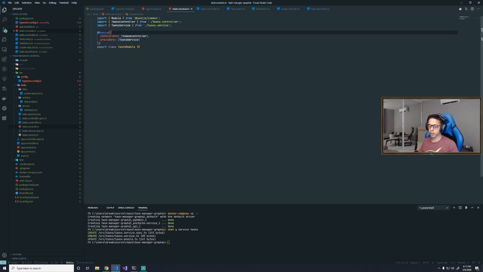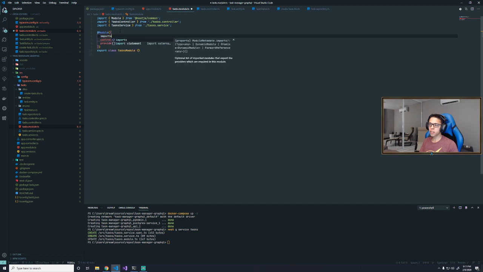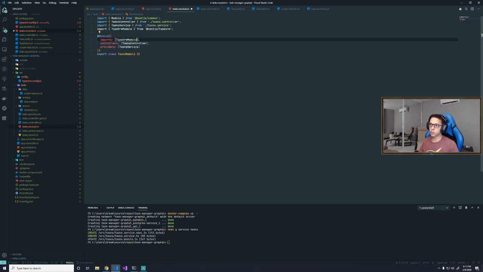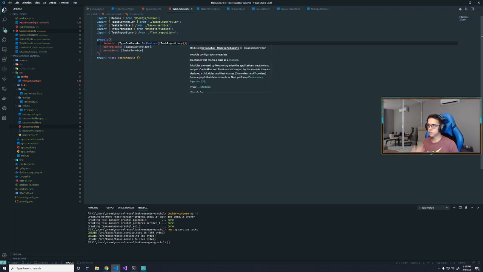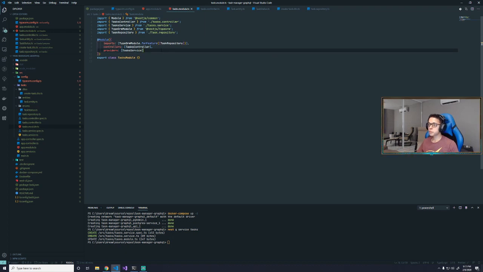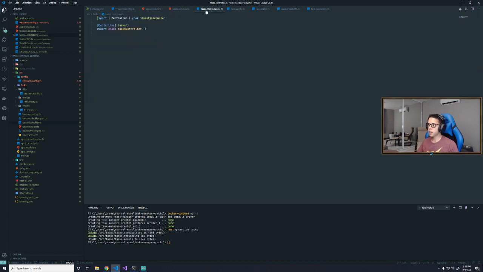Yeah, controllers, providers. We need to import the repository, TypeOrmModule.forFeature, TaskRepository. So we need to have that in there. Cool. All right, controller, task module, forFeature, task repository, task service, and that means that in our service here,